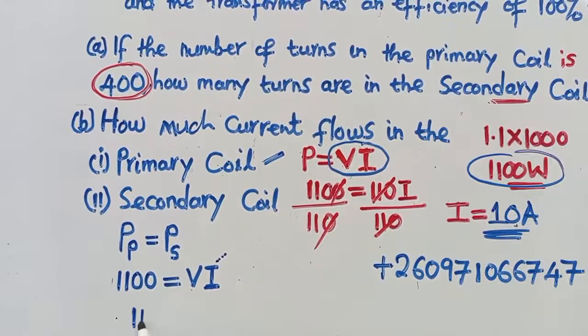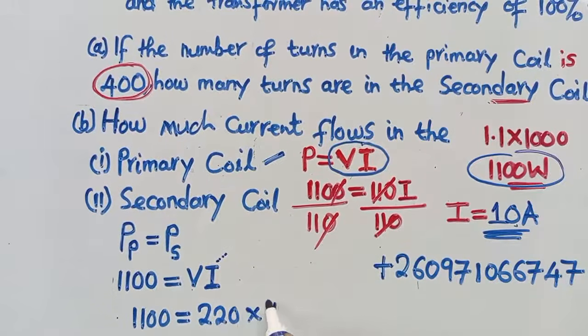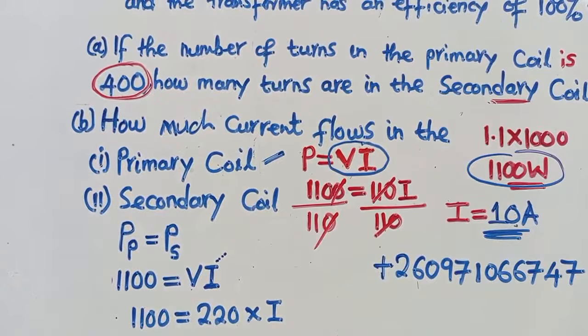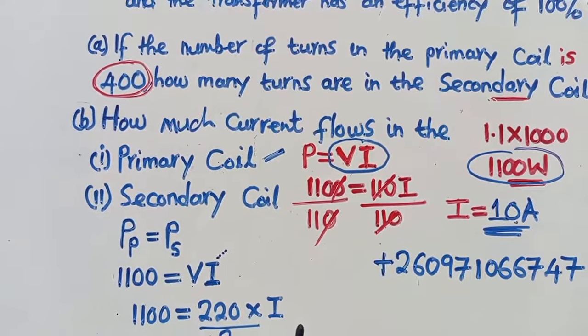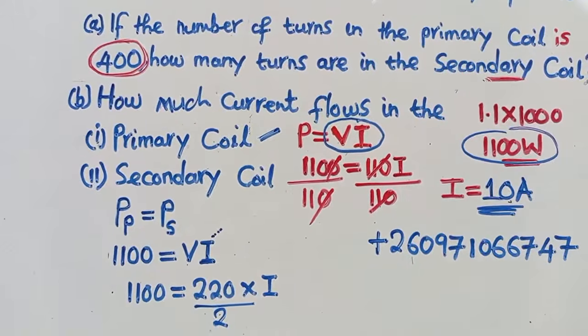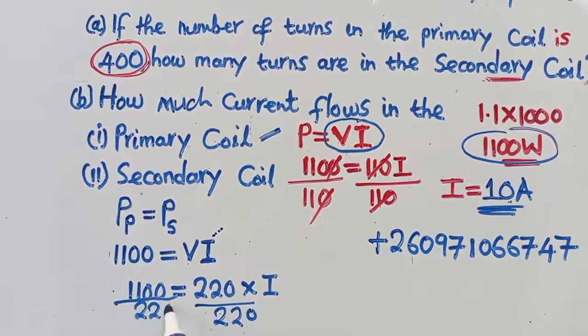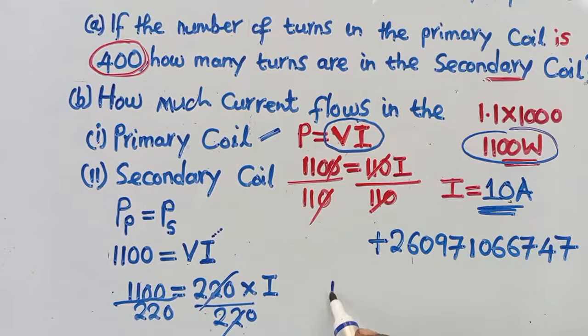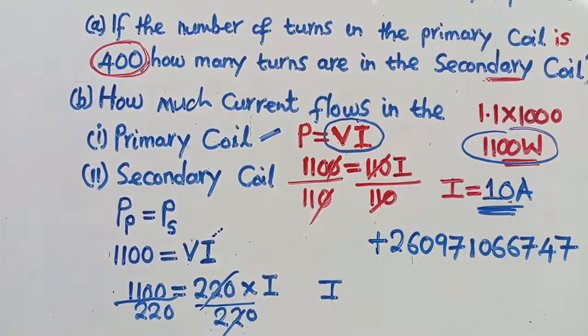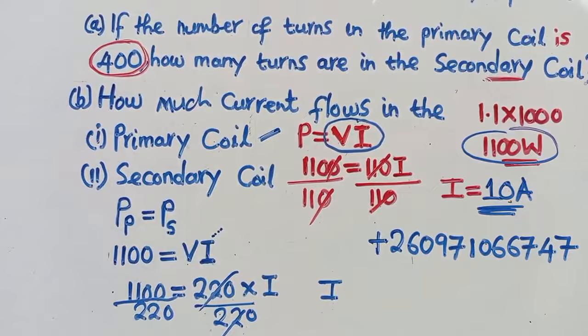So I will say 1,100. Finish this question. Let me see answers in the comment section. What is voltage? Voltage is 220 times I. I divide both sides by 220. Let me see answers now. Even there, I divide by 220. So this cancelled. So current is now equal to